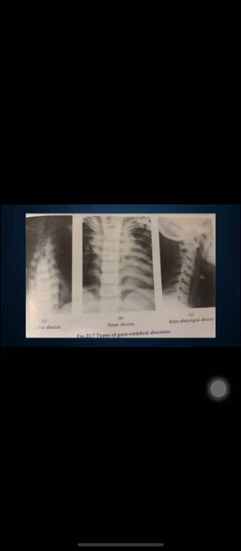MRI is the investigation of choice to evaluate the extent and compression. If a patient is complaining of radiating pain, the intervertebral disc has bulged, and there may be nerve compression too because of the infection. So the compression of the nerve, the underlying neural tissues, and the level of involvement of vertebra can be easily identified by MRI. So MRI is the investigation of choice,